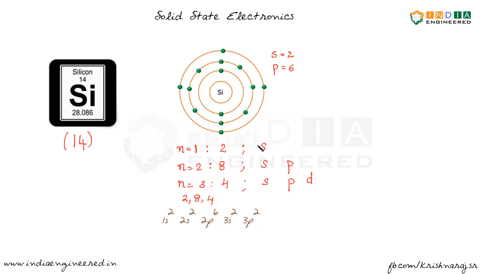So in the first shell we have the S subshell, which can hold a maximum of 2 electrons. In the second shell we have the S orbital which can hold 2, and P which can hold 6 electrons. In the third shell S holds 2, and P can hold a maximum of 6 electrons, but here there are only 2 electrons left, so it will be 3p2, and D holds no electrons at all. So this is how we get the subshell electronic configuration, that is 1s2, 2s2, 2p6, 3s2 and 3p2, and 3s2 and 3p2 will form our valence shell.